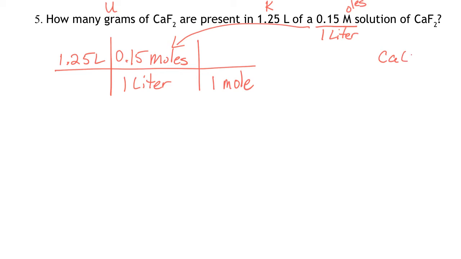We've got 1 calcium, we've got 2 fluorine. You're going to find the molar masses for calcium and fluorine, multiply the fluorine by 2, and you're going to get a molar mass of 78.08 grams per mole. So now the grams are going to go on the top: 78.08 grams. You put it in the magical calculator, and you're going to get